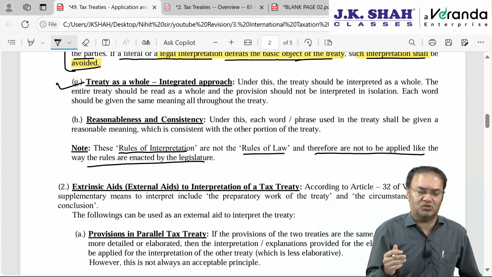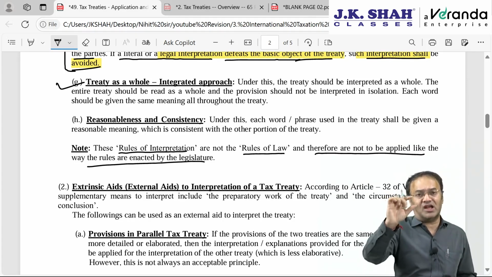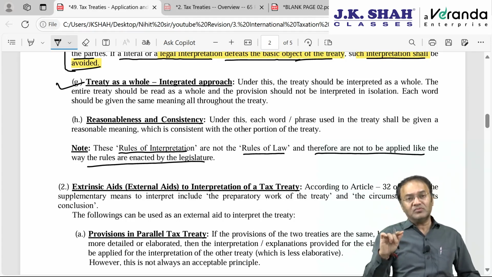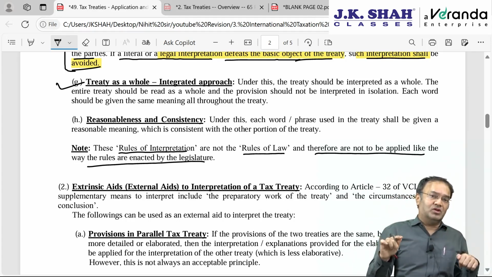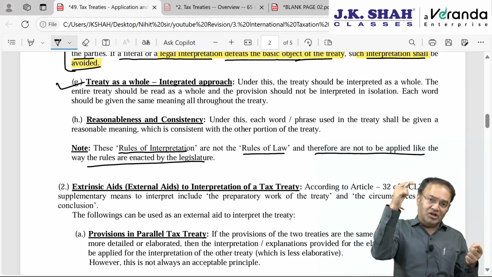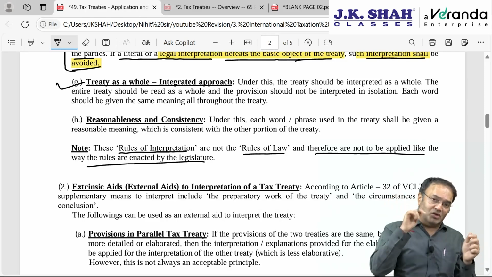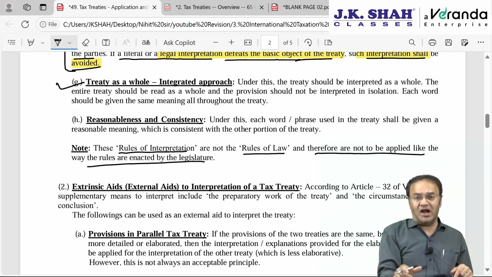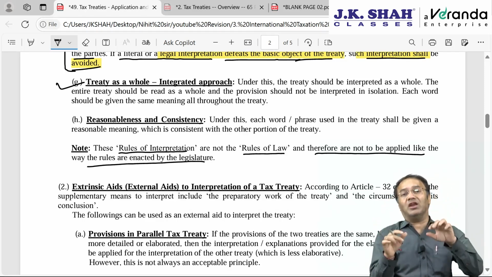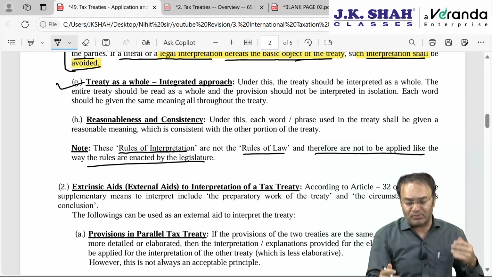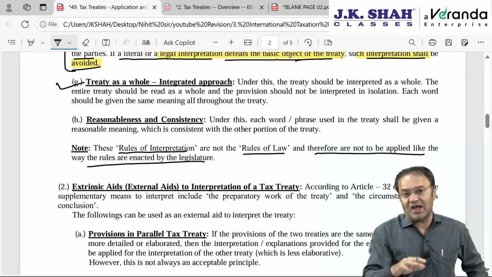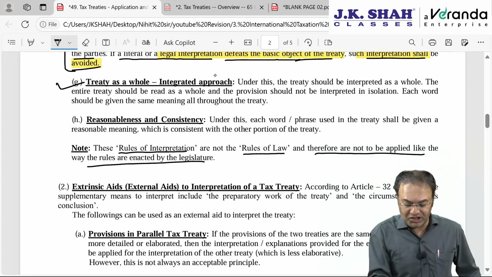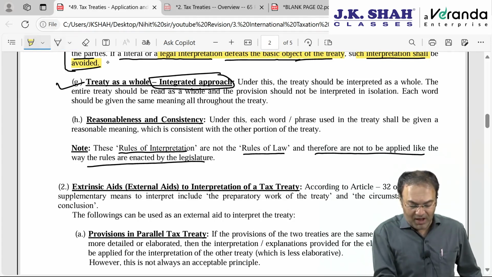Even in the Act, when a particular section says that this income is taxable, later on there is a proviso. So you have to read not only the main text of the section, you have to read the proviso also. You have to read it in entirety. You cannot just read one paragraph in isolation and jump to some conclusion. This is applicable for interpreting any law and any treaty. It says integrated approach, so I am highlighting this word, integrated approach.